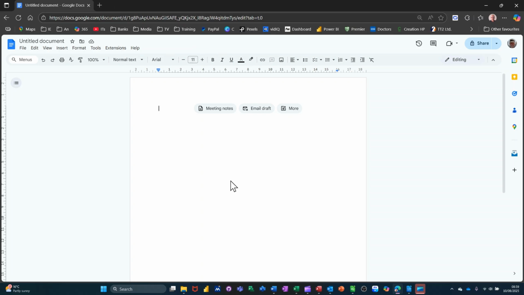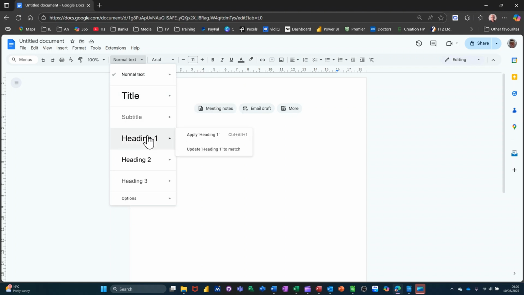In this module, I want to show you how you can create a table of contents in Google Docs. So first of all, I need to use heading styles. You get heading styles from this area on the toolbar. If you drop the arrow down, you'll see different types of heading styles. Heading 1, Heading 2, Heading 3, and then you've got options where you can create your own styles or add